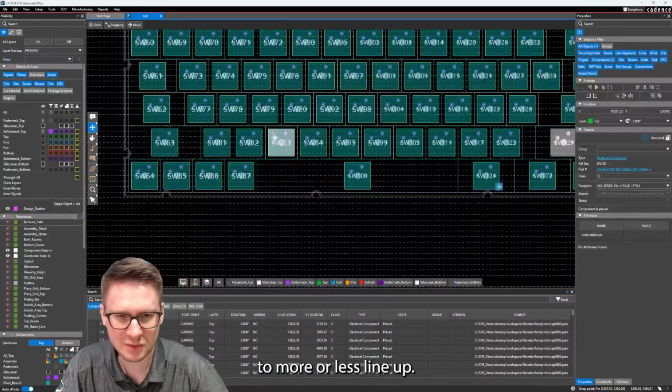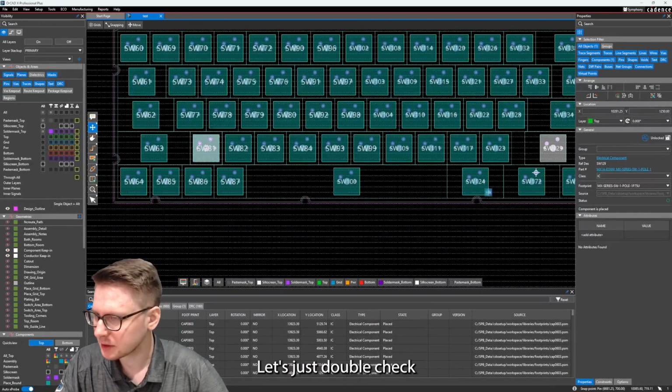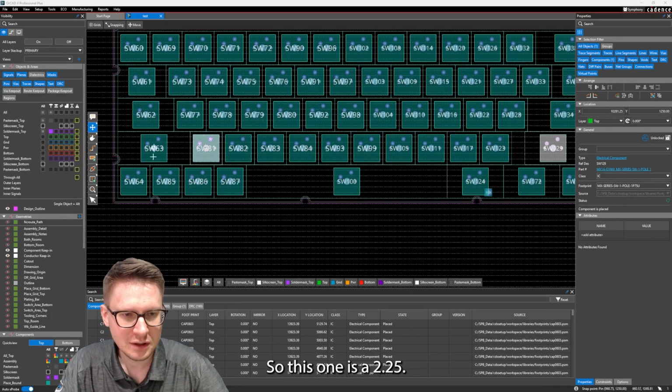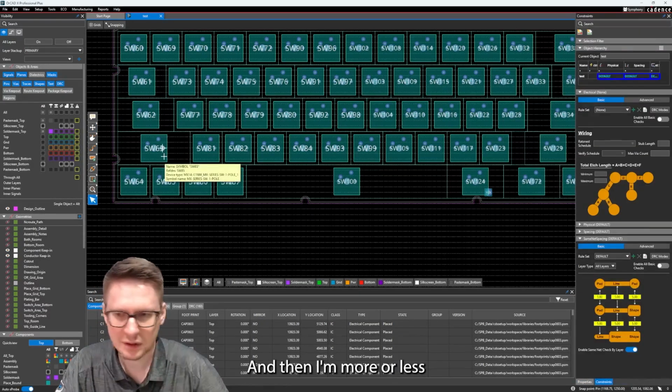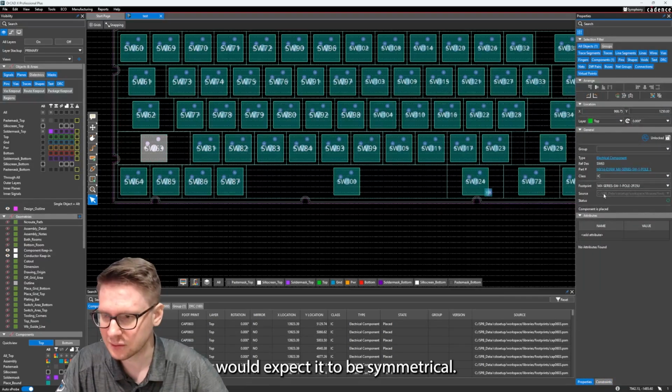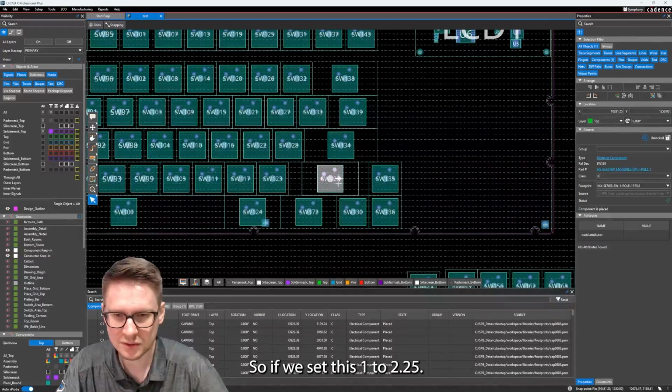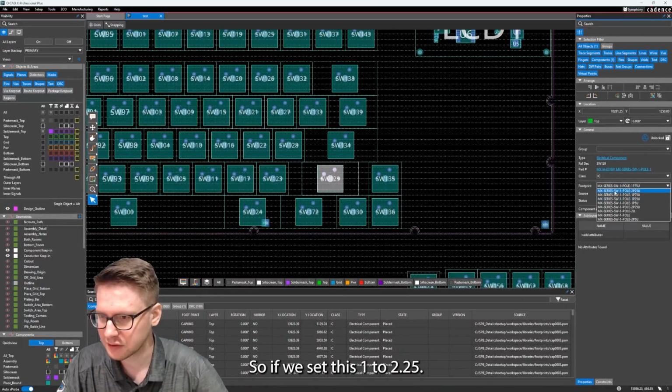So I'm expecting these to more or less line up. Let's just double check to see if any of the other keys here in this row are of a different size. So this one is a 2.25, and then I more or less would expect it to be symmetrical. So if we set this one to 2.25,